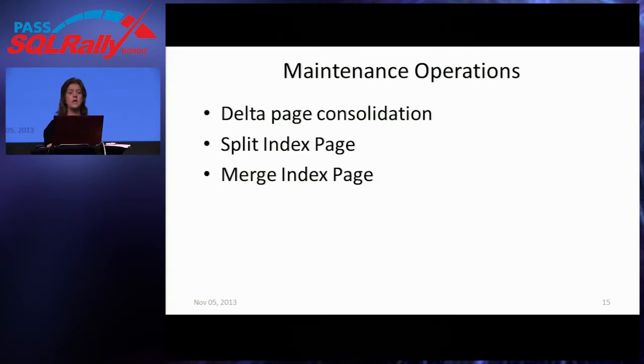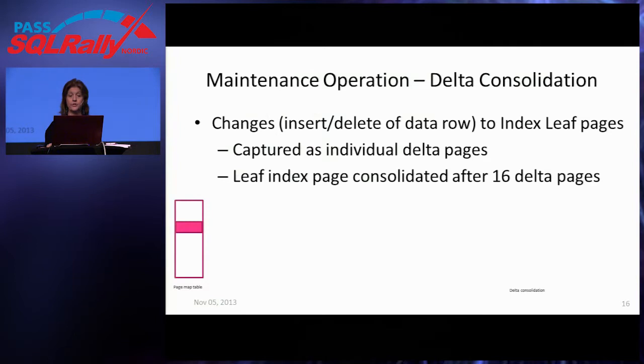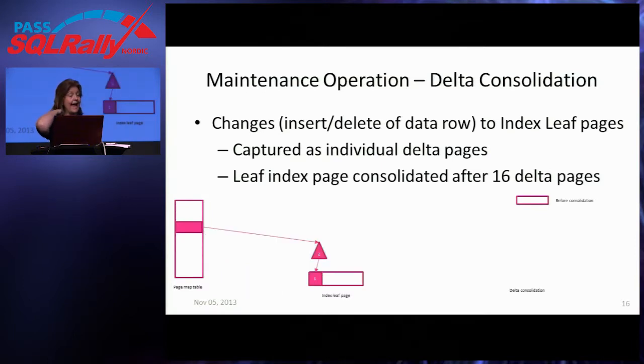So now quickly, I want to just show you how the indexes are maintained without actually doing updates of the index pages. The three main index maintenance operations are consolidation of changes, consolidation of all the deltas, and then the split and the merge. So I'm going to step through these relatively quickly here. There's our page mapping table on the lower left, pointing to an index leaf page showing a value of 1. If a value of 2 is then added to the table, 2 needs to go on that same page,